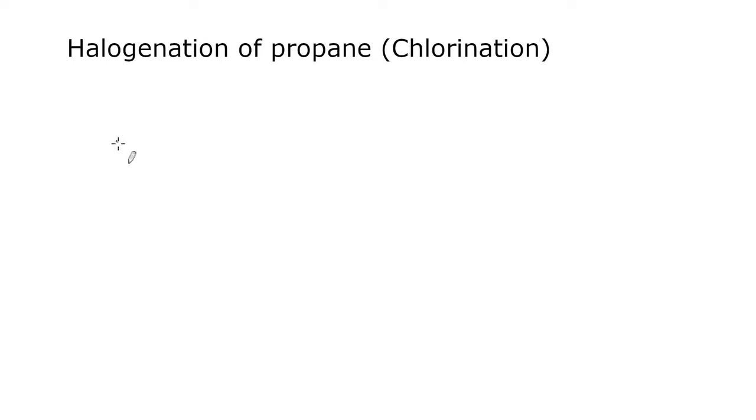The following example is a halogenation reaction with propane. This is going to be a chlorination, which means we're going to be adding chlorine, or Cl2. The previous example that you may have watched of the halogenation of an alkane was done with a structural formula